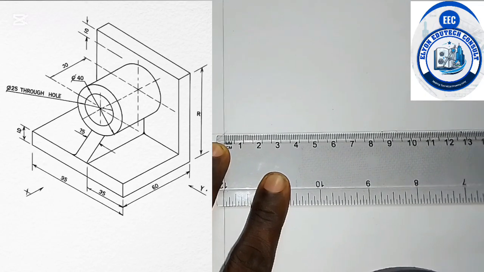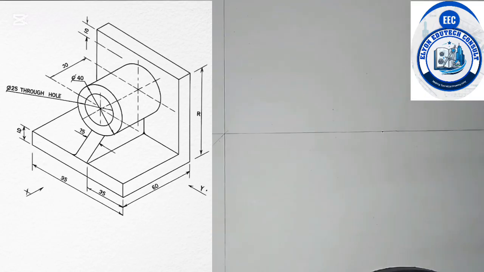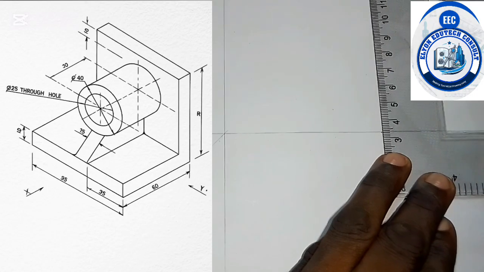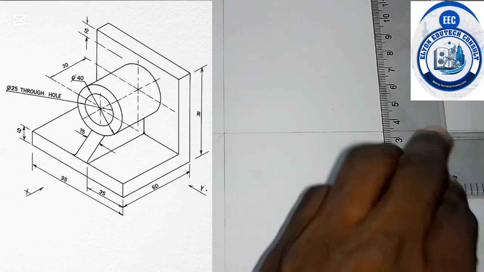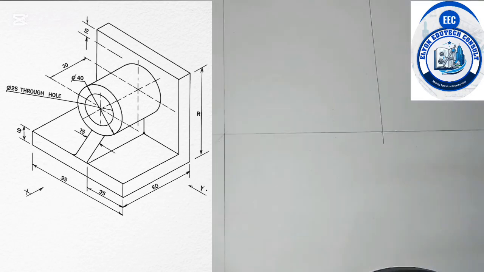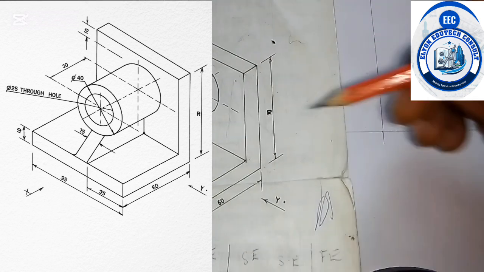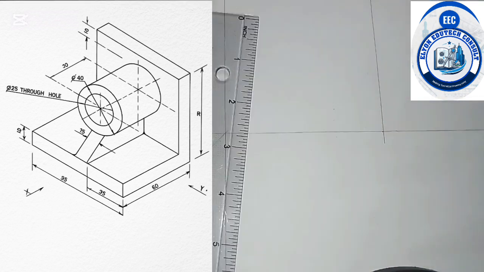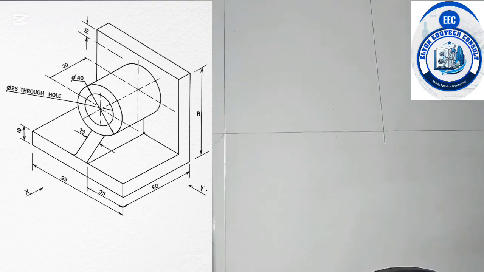I'm going to produce that line up. So I have that drawn up. Then we have this as 70. So putting the 70,